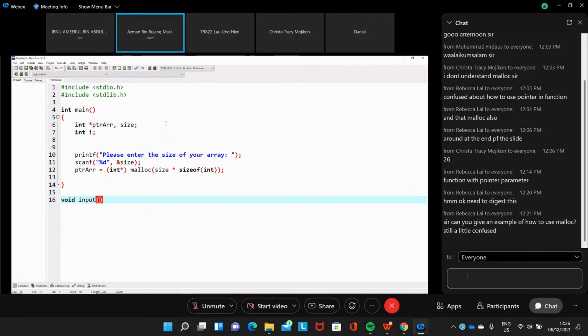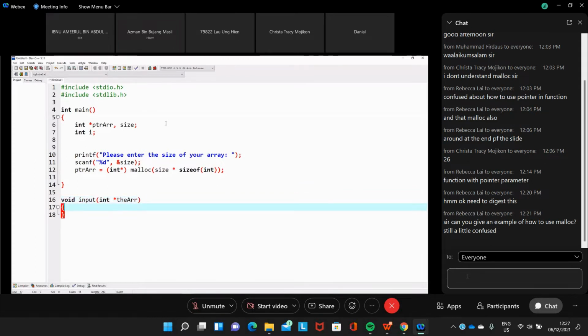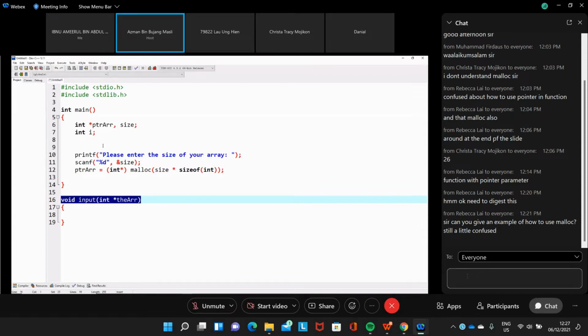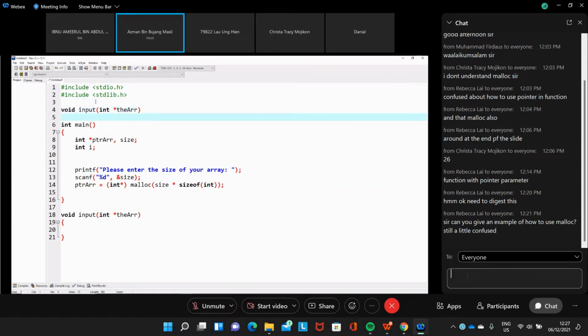This function will accept one array, so we use a pointer. We pass the ptr, the array. Then we make this a prototype and put it up here. Don't forget the prototype.